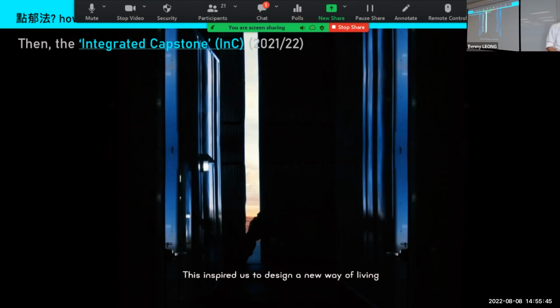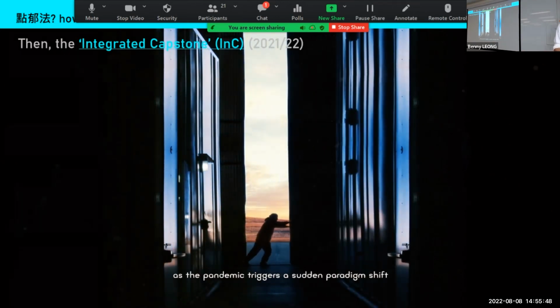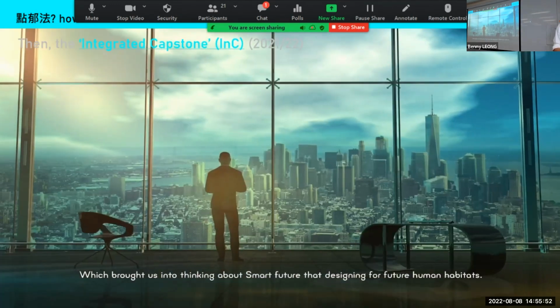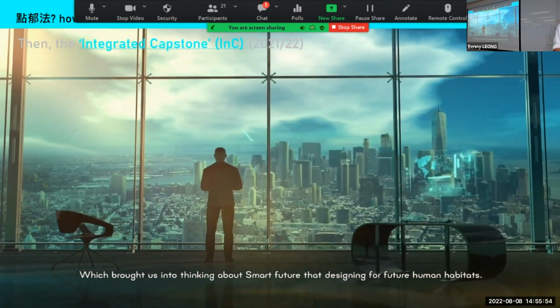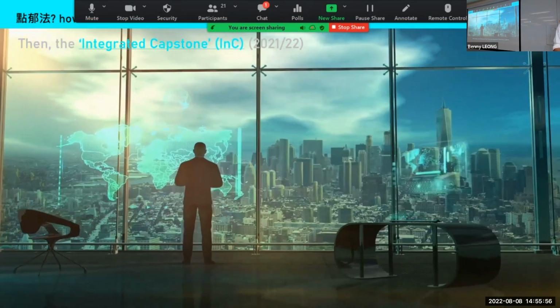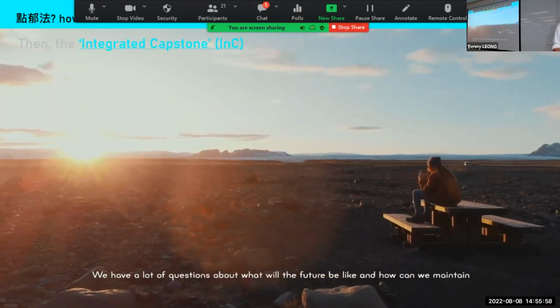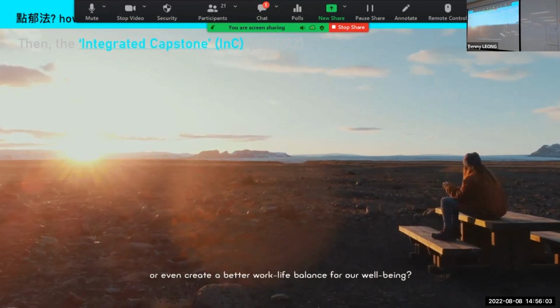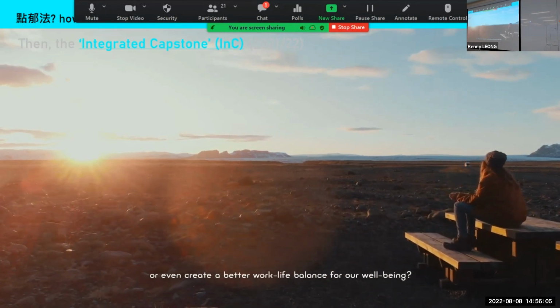This inspired us to design a new way of living as the pandemic triggers a sudden paradigm shift, which brought us into thinking about a smart future, designing for future human habitats. We have a lot of questions about what the future will be like and how we can maintain or even create a better work-life balance for our well-being.